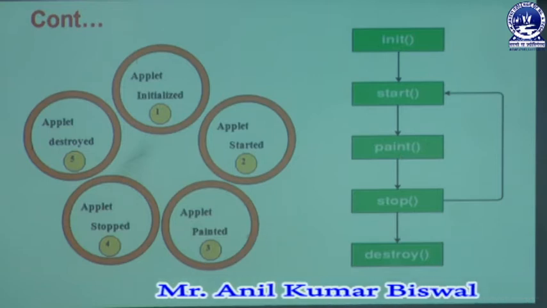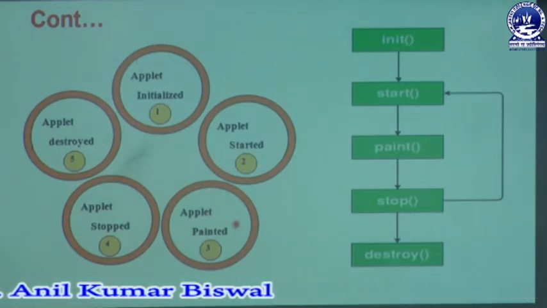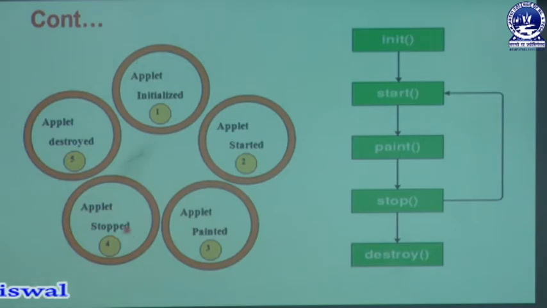Whenever your applet is painted, the stop method is automatically invoked. Whenever the stop method is invoked, that means if a user wants to block or interrupt that program, that's why we are using the stop method. Finally, whenever the user completes their task execution process, the destroy method is called. Whenever the destroy method is invoked, it belongs to the last step, and that step is a successful end, which means it is a mature death.